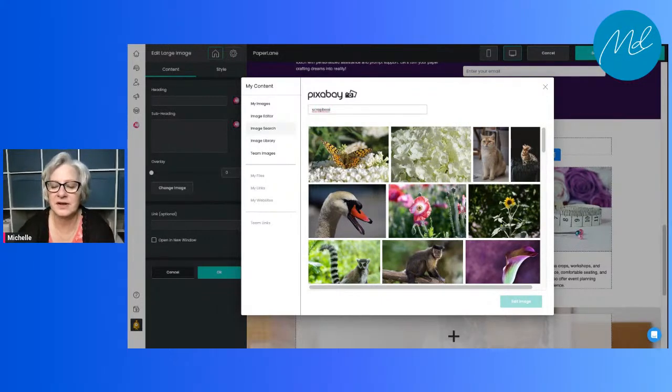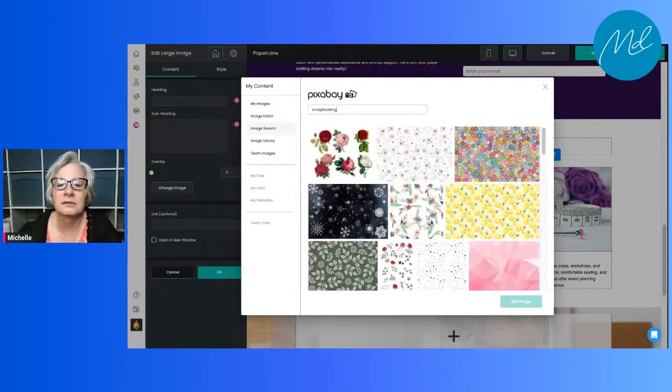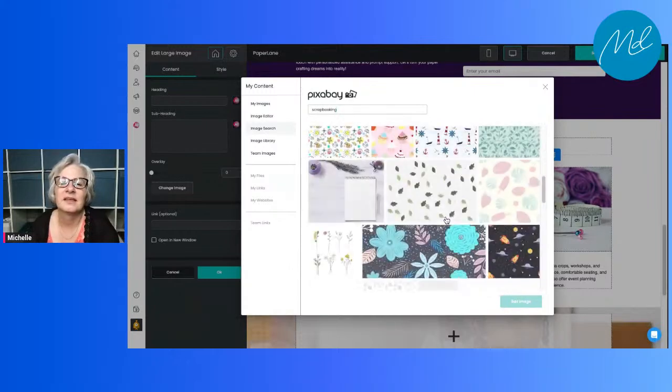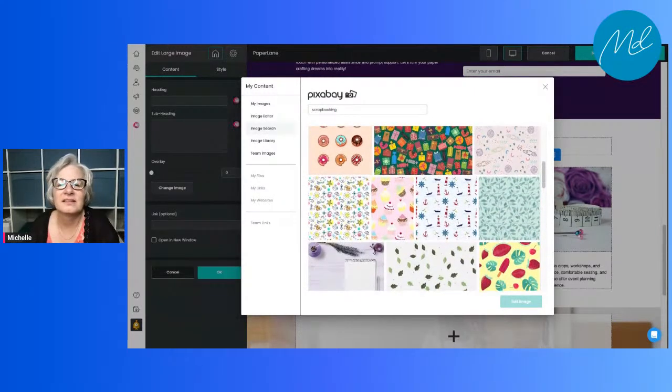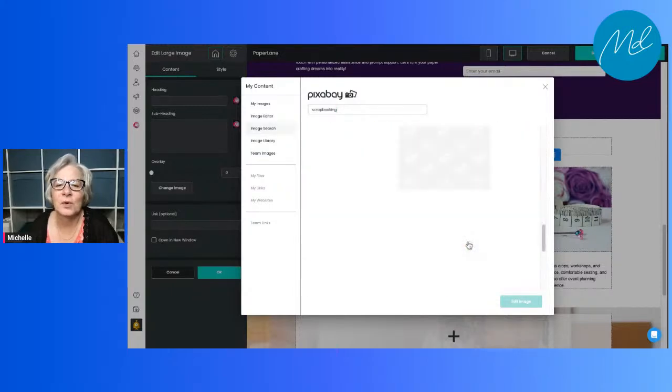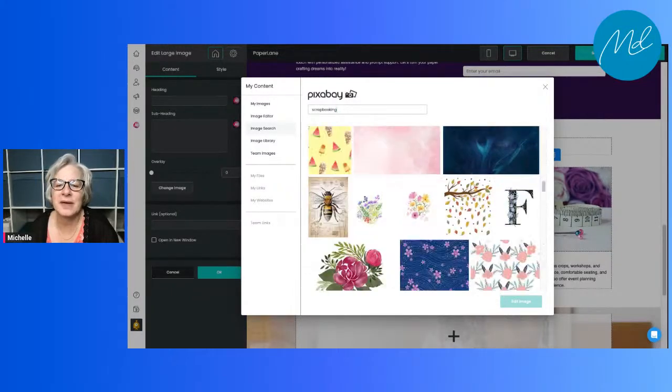Let's see if we can find something that we like. Well, here's some scrapbook paper. Funny thing, I've seen something like this before. Here's a whole big bunch of scrapbooking paper.